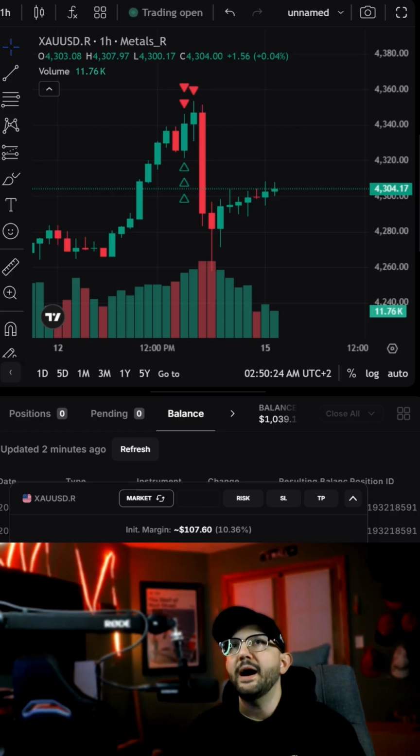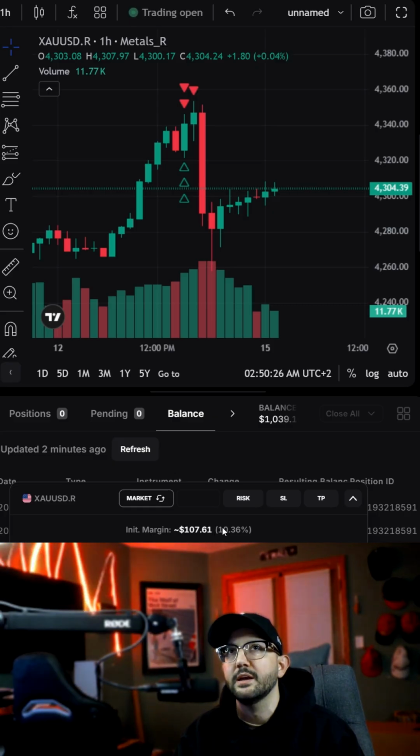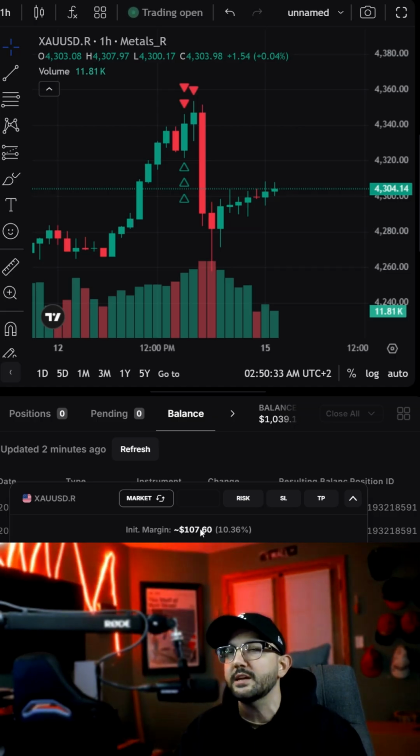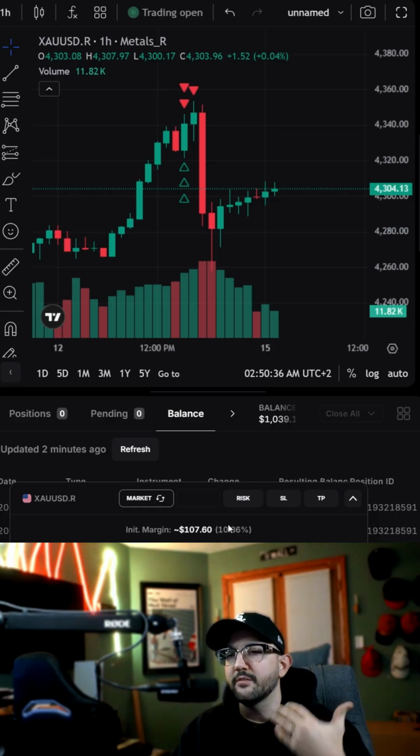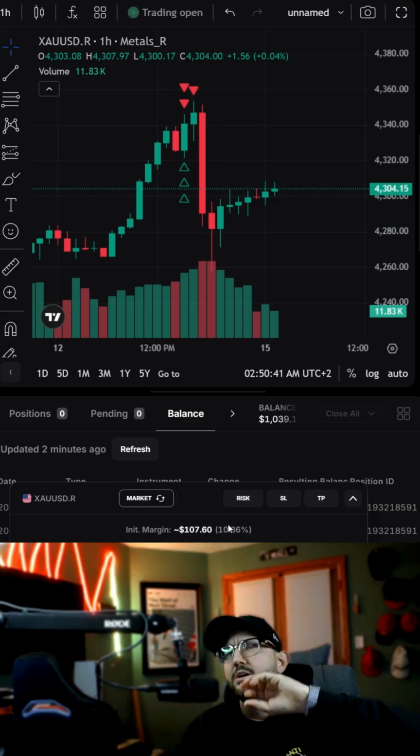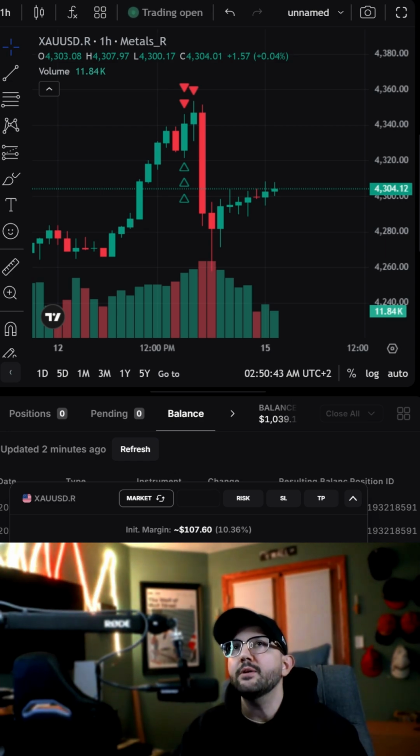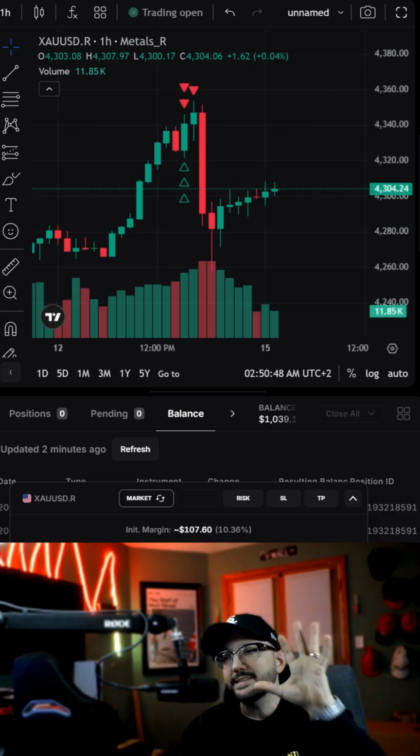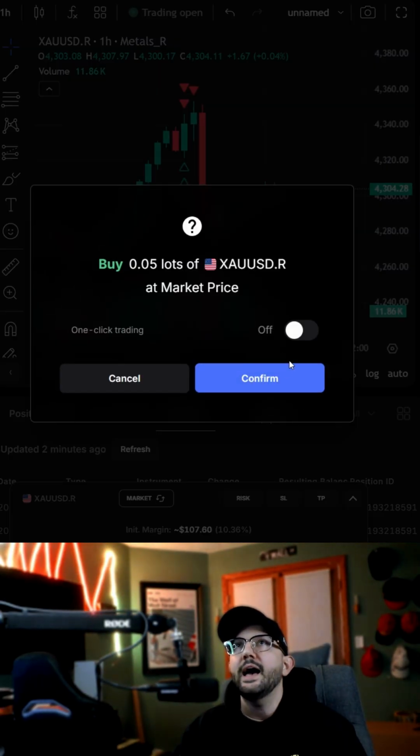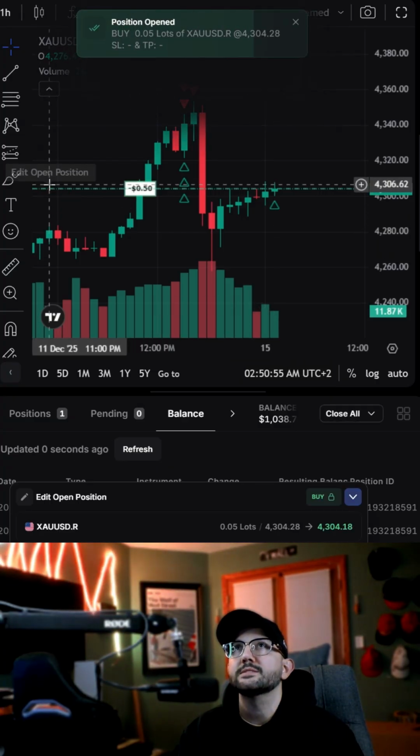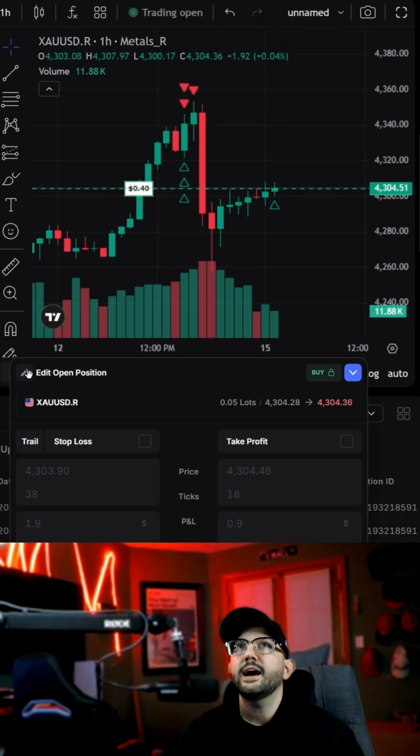Okay. So if I were to buy in right now, you will notice right here that the initial margin this trade is going to cost me is $107. It's going to cost me $107, which is 10% of my account balance on this account, right? This is just a $1,000 account. So I can give you guys this example. If I were to buy in right now, okay, for 0.05 lots, which is again 10% of this account balance, as you can see, if I were to take my stop loss, okay, and let's say I created a stop loss